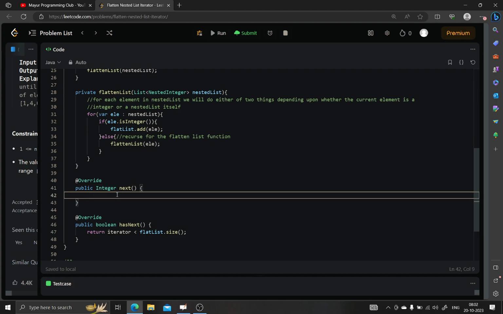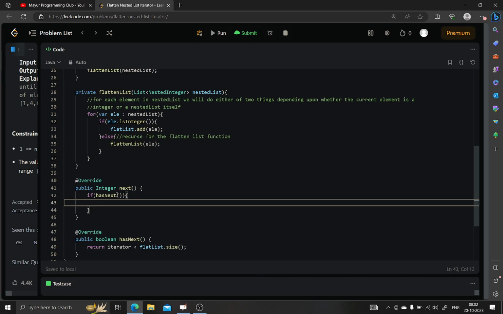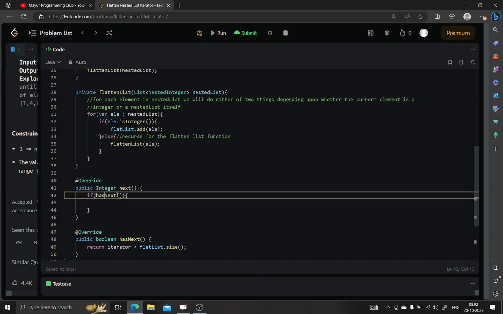So here what you will do is, if let's say your has next is returning true, then you can just call it, it will be the same thing. So if there are still elements in the flat list, or you have not reached the end of the flat list,